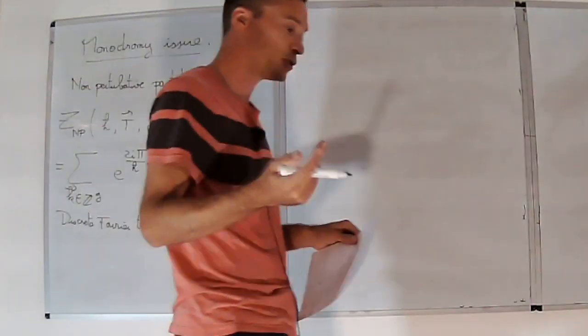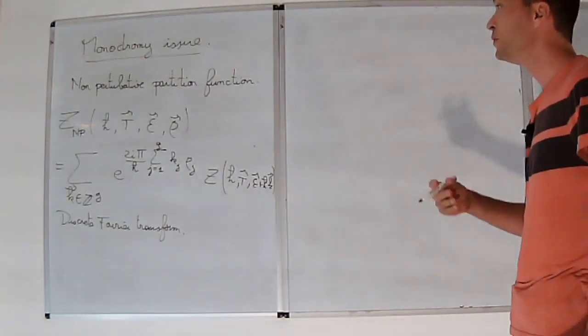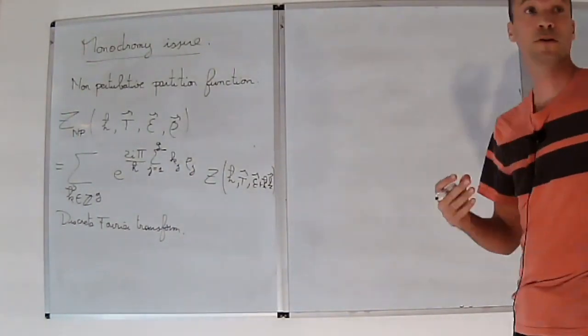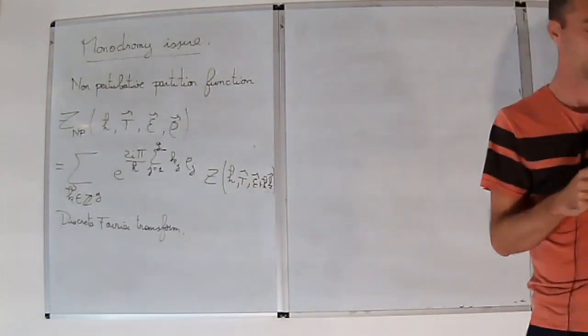Of course, if the genus is 0, you don't have to do this because the sum is empty, and you don't have a monodromy issue because you don't have cycles. So this is the real new thing on non-vanishing genus, that you have to introduce this kind of Fourier transform, and you do the